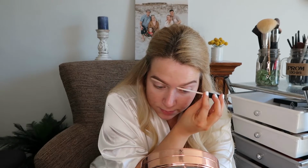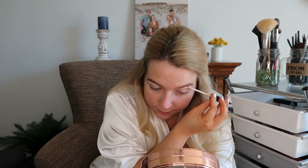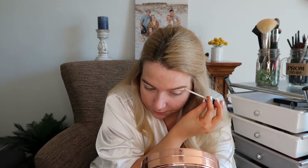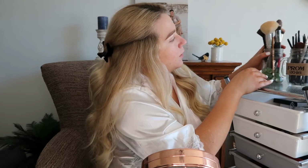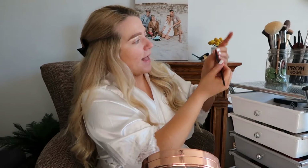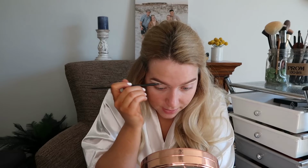Honestly, you guys, I don't even know how tall I am because every time I go to the doctor, they tell me something different. I'm definitely very average in height. I'm not super tall, but I'm also not really short. When I went a while ago, they said I was 5'4" or 5'6", but then I just went recently and they said I was 5'4",